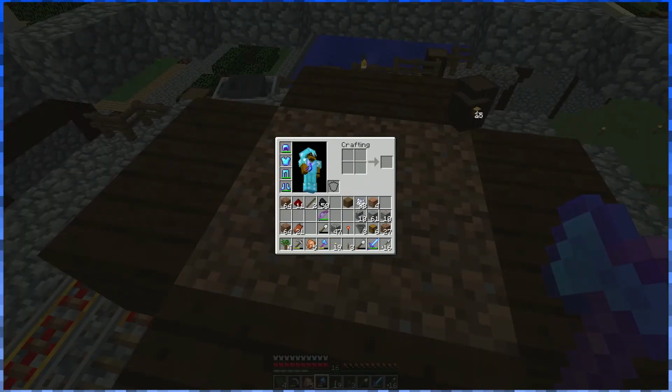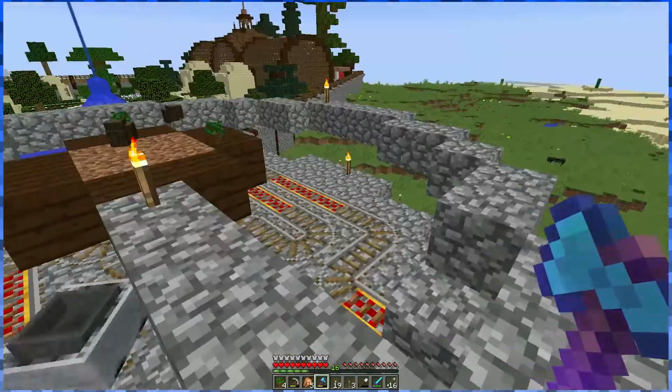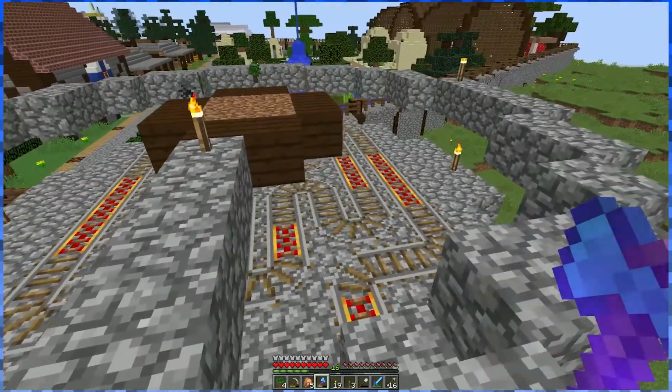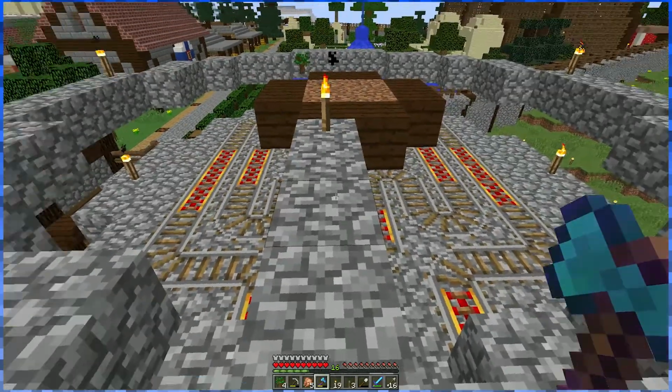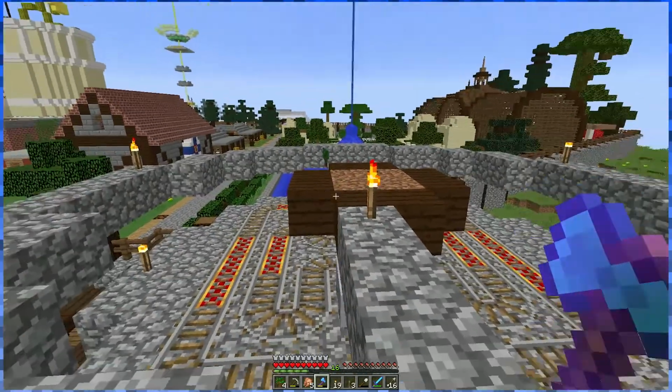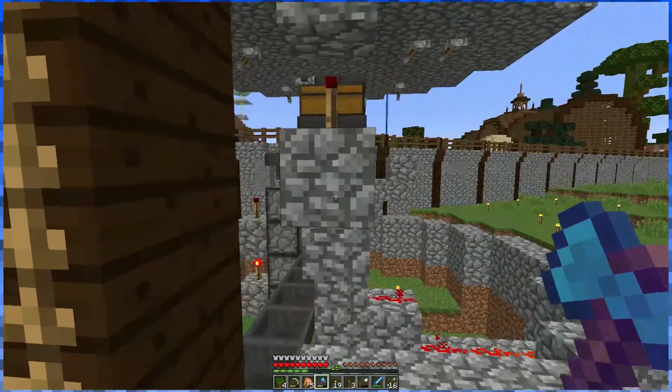Let me just toss out these guys here. This is not going to be open to the air. It's going to be covered eventually, so you won't be seeing the minecart whizzing around back there. But you notice that all the wood is retrieved, and now if you look underneath,